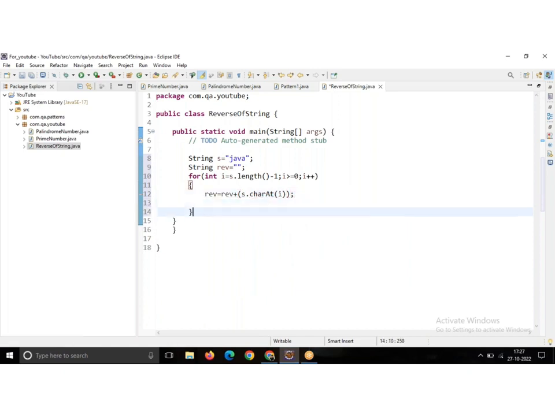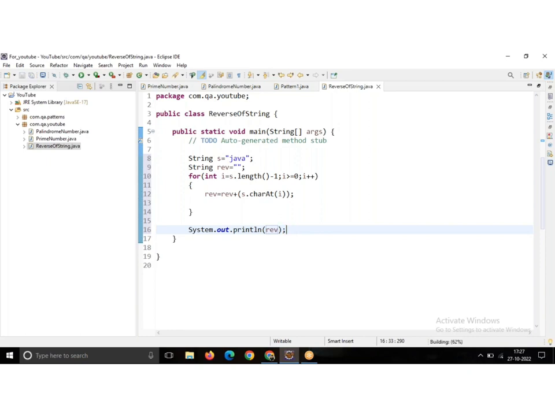Now after completion of this loop, here I am using Eclipse. There is a shortcut. When you give SYSO control space, it will by default give system.out.println. Here I am printing the reverse.